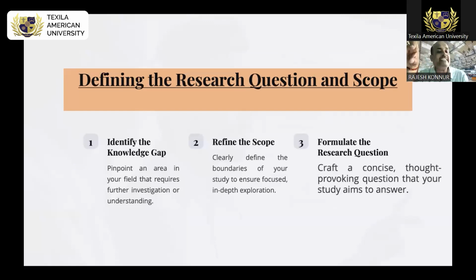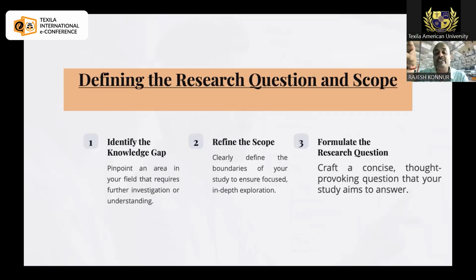So when you are selecting the problem or a title, you have to know what type of title you need. So go for a very in-depth review of literature to find out where the gap is. It is known as a knowledge gap or a research gap. Pinpoint any area in your field that requires further investigation or understanding. Maybe it is in the methods, methodology, sampling, and also in its applications. So you have to know the different types of gap, which helps you to know the significance, because ultimately the readers have to read your paper and they have to cite it maximally.